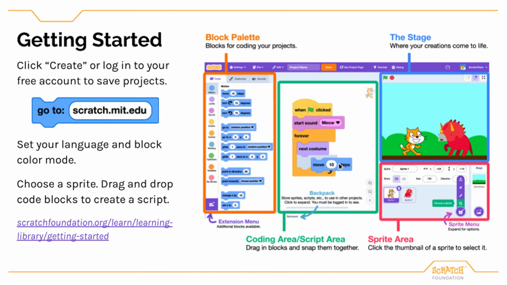When logged in, you'll also have access to Remix projects, which is making a copy of someone else's shared project to modify. I'll highlight some remix opportunities in this series. Or share a project that you created inspired by this series, using the Share button to make your project public.